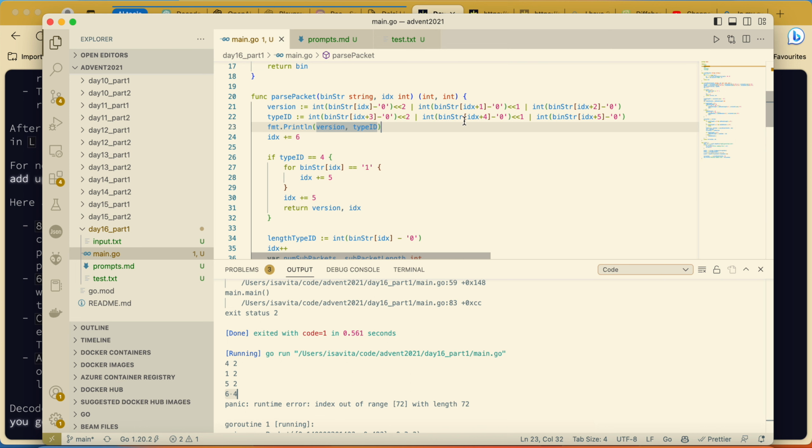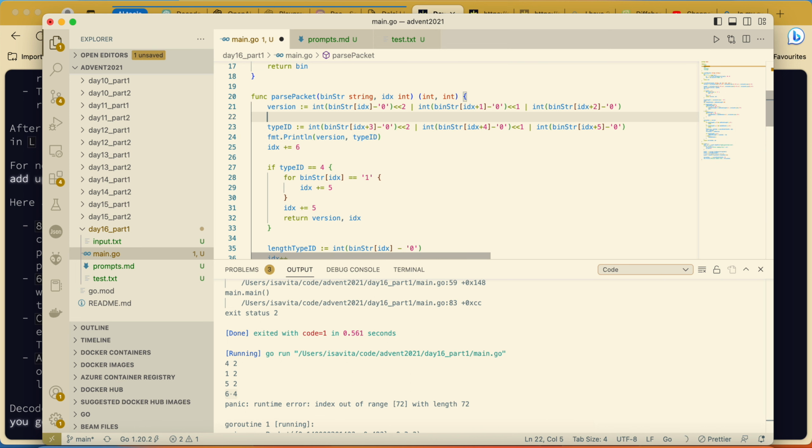However, here we get to the point before the crash.